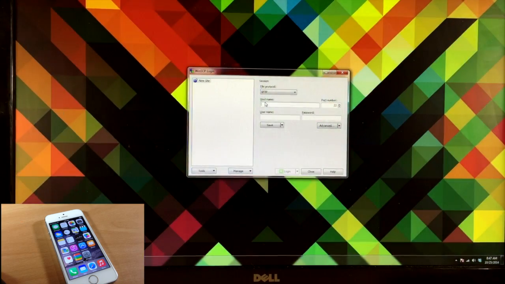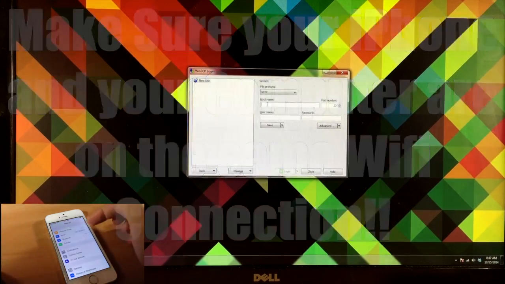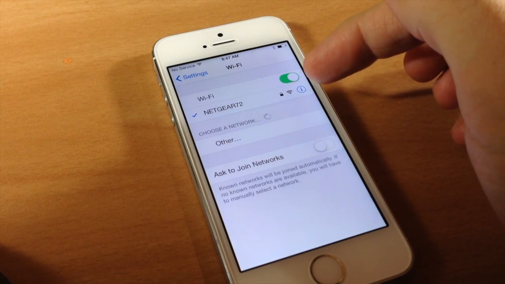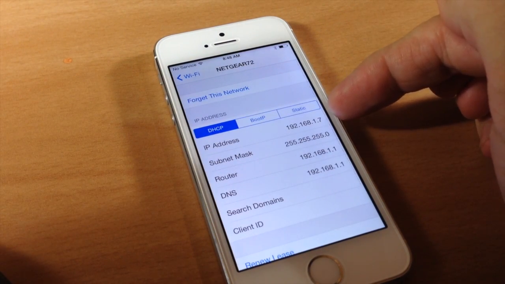So we're going to open this up, and then we're going to have to type in our host name. Now our host name is going to be our IP address on our device. So we're going to open up our settings here, and then we're going to open up our Wi-Fi connection, and then we're going to tap on the I. So when we tap on the I, you'll see that we have our IP address right here. So mine is